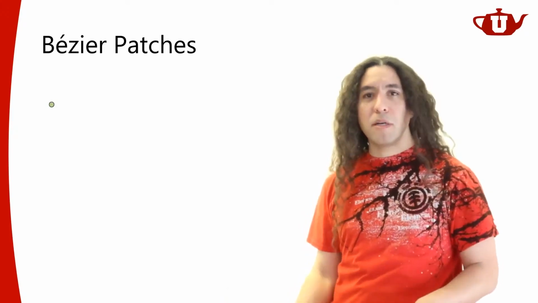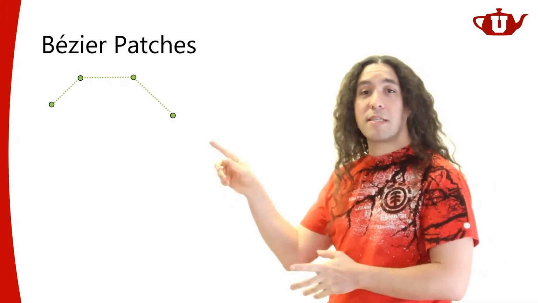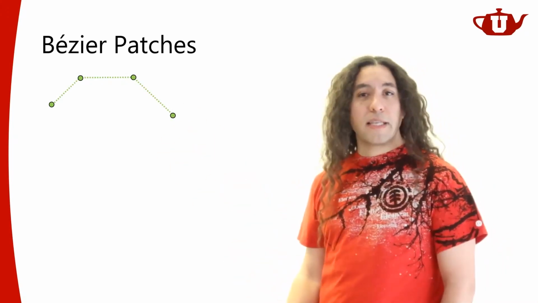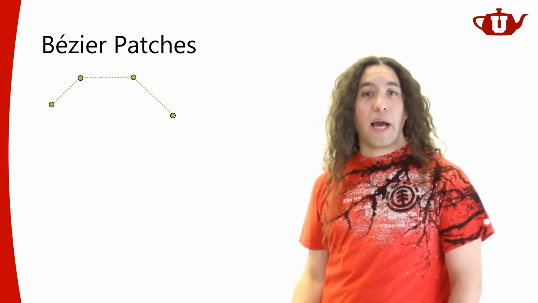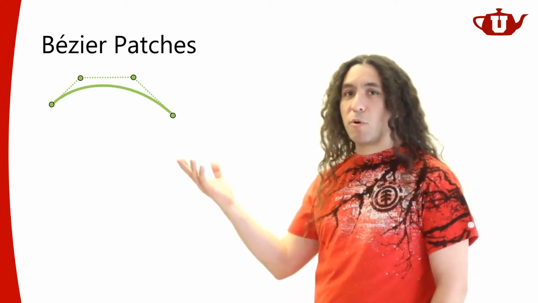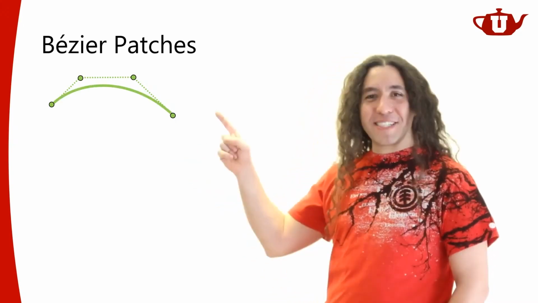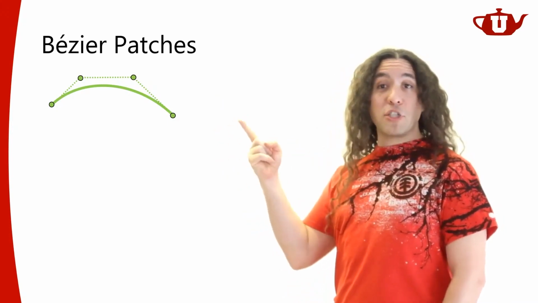Let's start with the Bezier curve. A cubic Bezier curve is a cubic polynomial curve, you'll remember. It's defined by 4 control points in space. This is the control polygon connecting these 4 control points. And the cubic Bezier curve defined by these control points would be this. So this is a Bezier curve. Now, this is a curve. From this curve, I'm going to generate a surface.